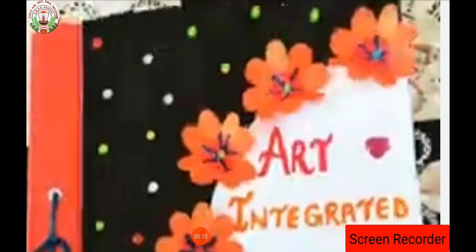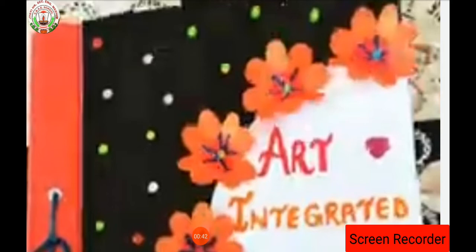Today we are going to talk about the art integrated project of maths for class 8th. Dear students, CBSE had given one circular that carries 112 pages. According to those 112 pages, it is compulsory to have an integrated project from class 1 to 12. In this video I am going to explain how to create an integrated project for class 8th mathematics. In the same way you have to prepare your integrated project.